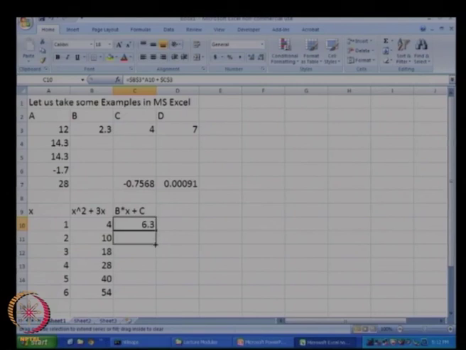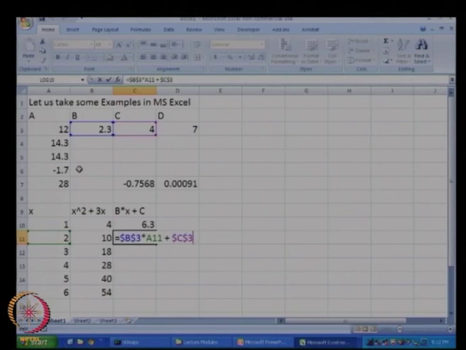I will just drag it over here and click on F2, and we will see B has remained where it is, C3 has remained where it is. What has changed is from A10 we have changed to A11.